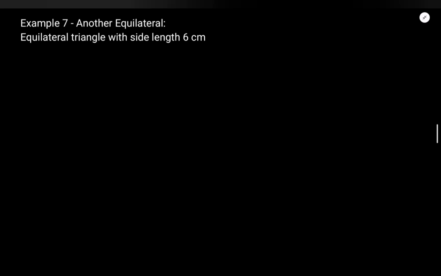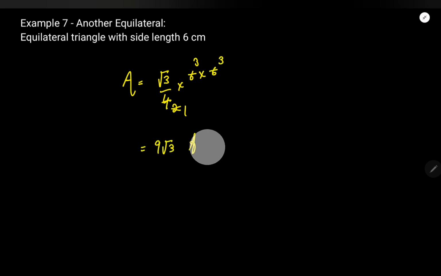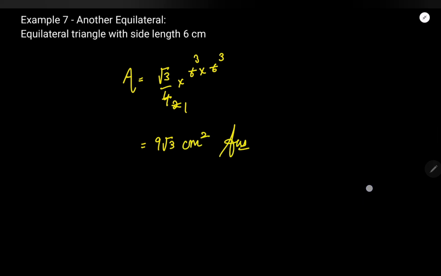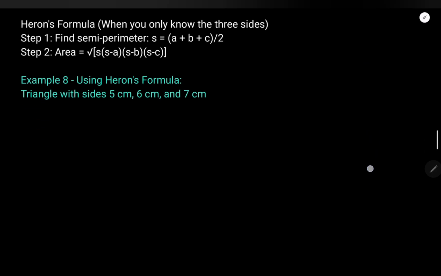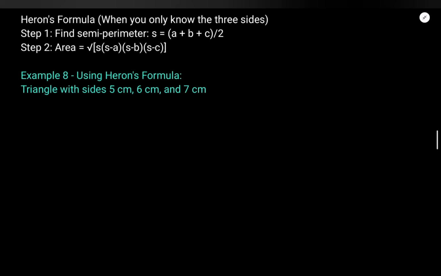After this we have another equilateral triangle. I will just write the formula, under root 3 by 4 side square, right? So 2 2s are 4, 2 3s are 6. Then again we cancel out, and this is 9 root 3, and I forgot to write the unit. This is centimeter square, right? Okay. Now we know if we have a triangle with height, we will apply half times base times height. If we have an equilateral triangle, then we will apply under root 3 by 4 S